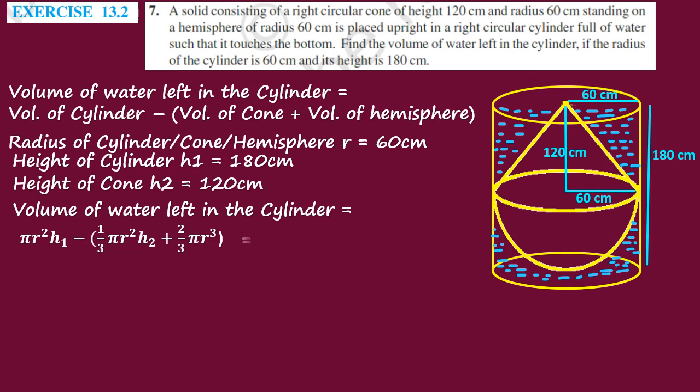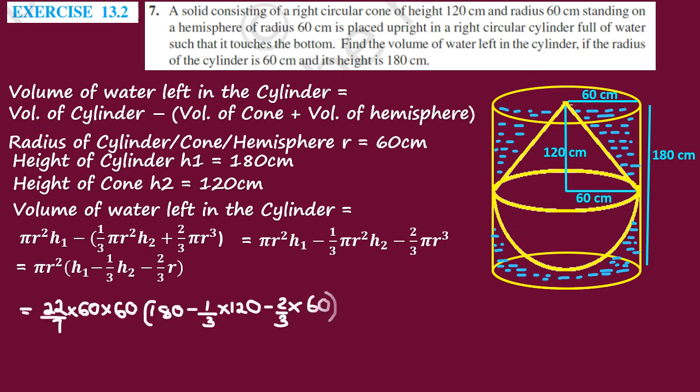So let us remove the bracket. Here pi r square is common in all, so we take pi r square out, substitute the values, and on simplification we will get,